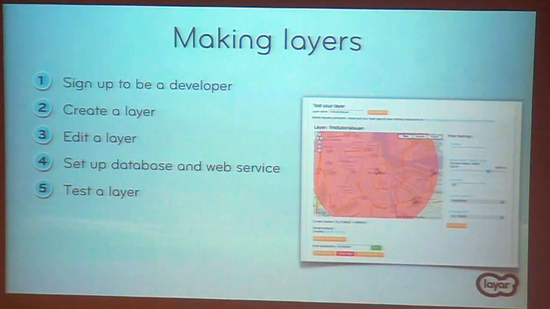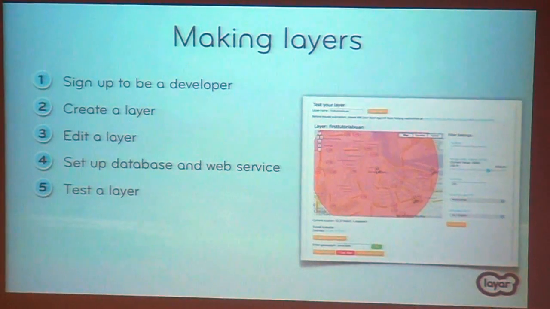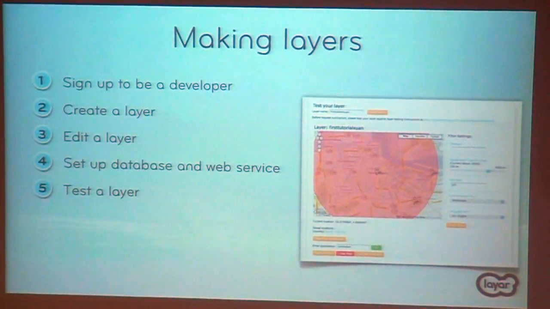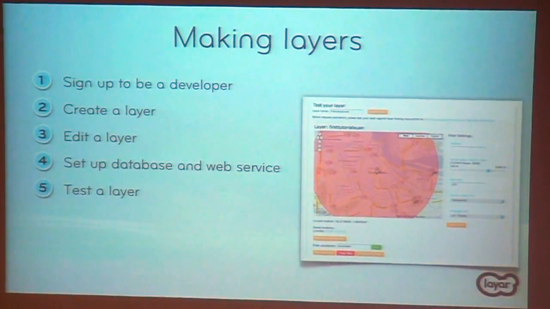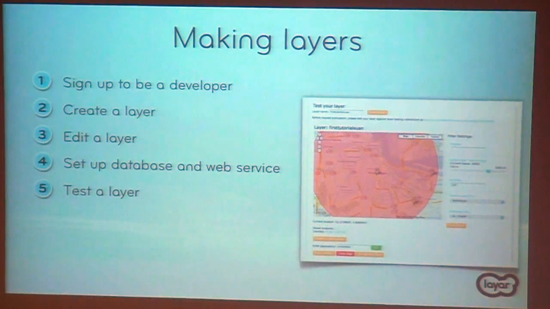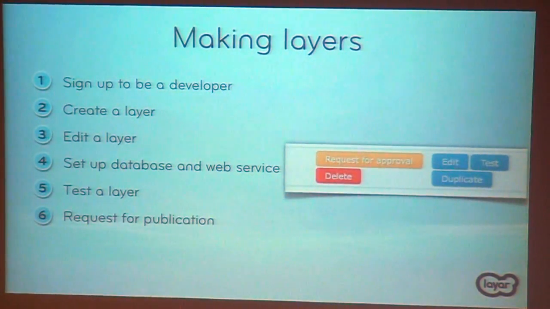And then you can test your layer. There's a help test suite available. It shows you if you call the web service, does it actually give a response, and how that response looks on the site. So how would a user see it, for example, if he would be in Amsterdam, and is everything working? We also give feedback. If things don't work, we will give you feedback on things that are broken or possible mistakes in the communication between us and the web service. Then you request publication,